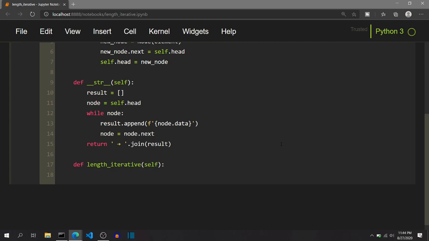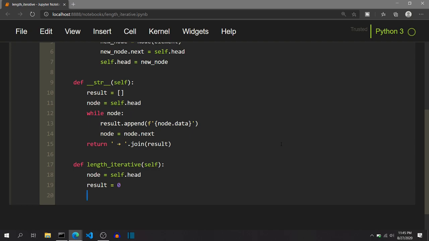Now we need to process each and every node, and by processing I mean that if we process a node we need to increment a counter. It is as simple as that. So we will start by processing the self.head like this, and we need to keep track of a counter. We will name it result. We are initializing this to a 0 value because we have not processed any node yet, and the processing of the nodes will happen inside the while loop.